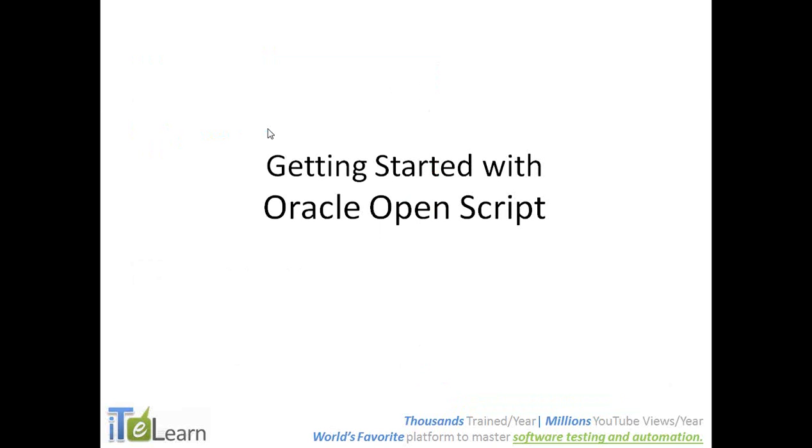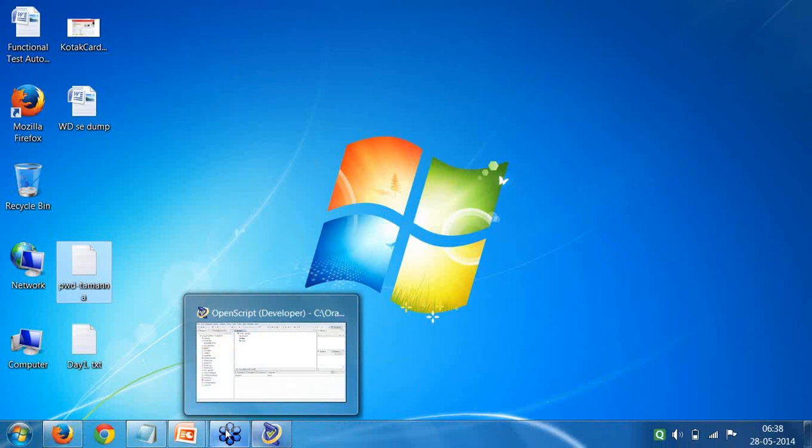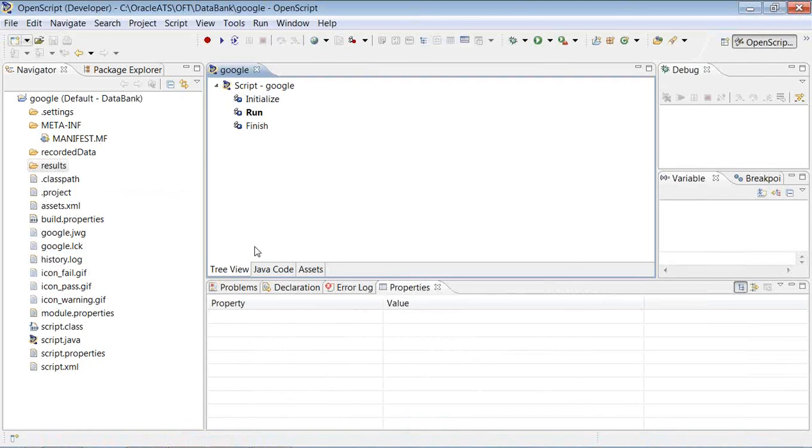We had explored a little bit of getting started with Oracle OpenScript: the tester's perspective, the different perspectives of the application, the different views available, what this workbench is, how to create a new project, and in a new project, how to create a new script. We saw all those things in the day 2 video.